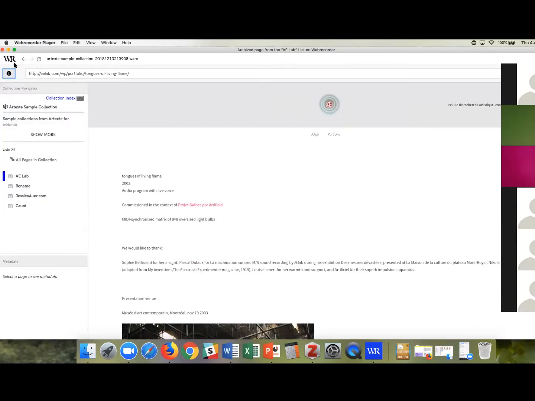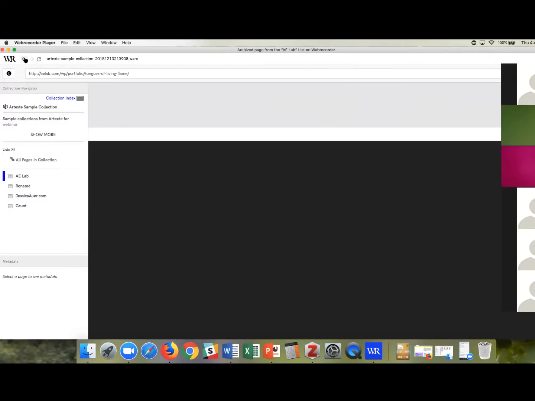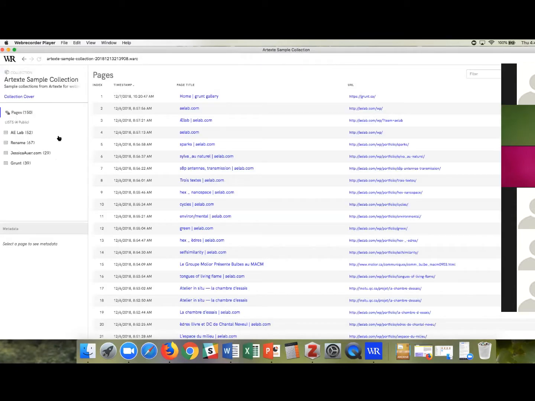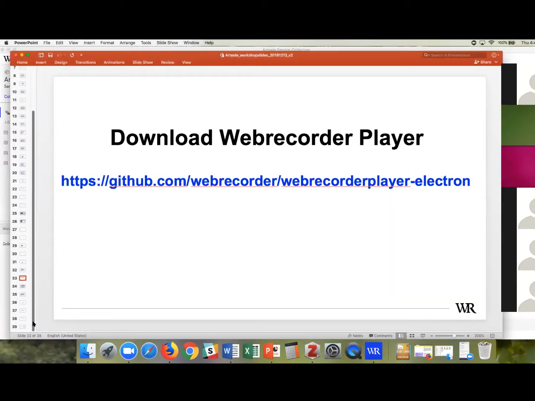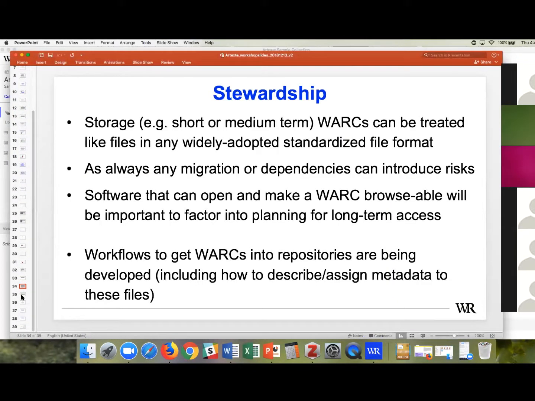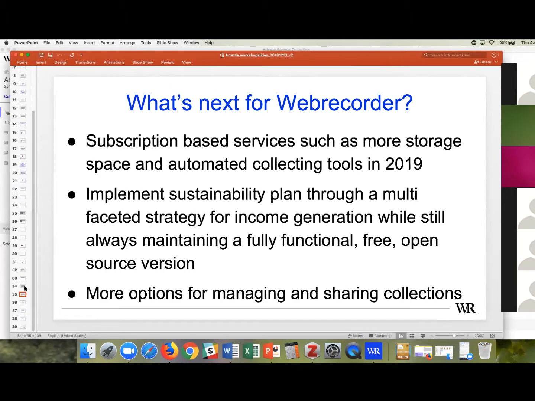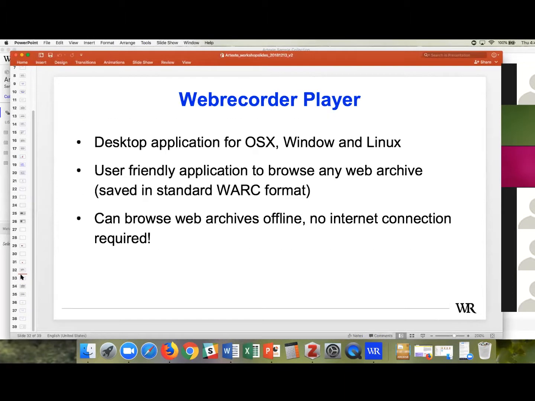So I'll go here. And I can use the back button like I would in my web browser. And let's go to the collection index. So let's see where we are. I think the only remaining slides, oh, there are a couple of remaining slides, but